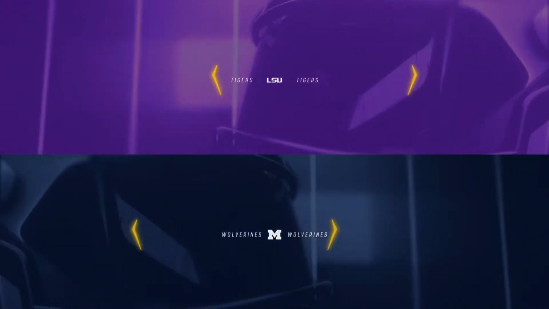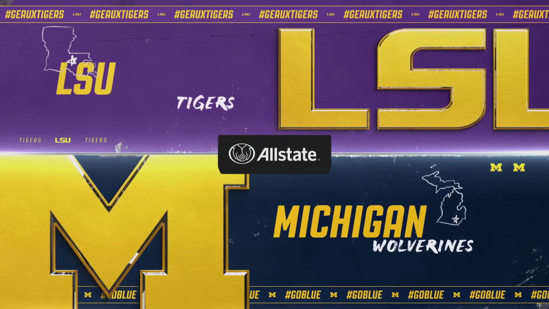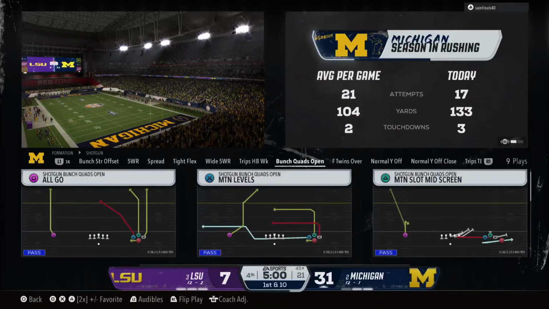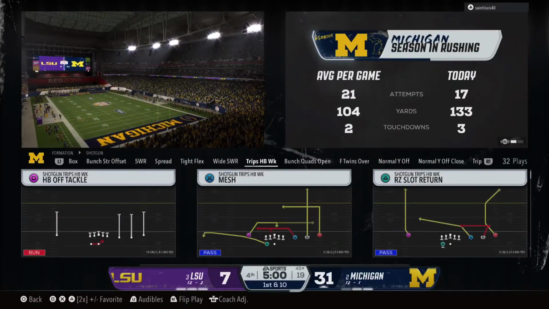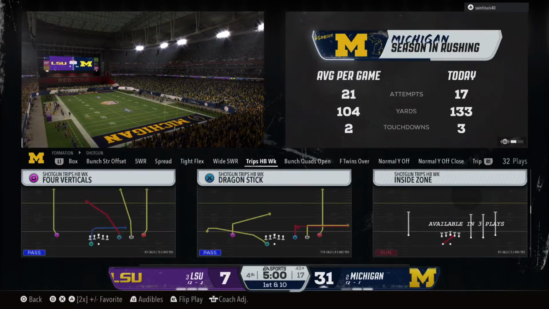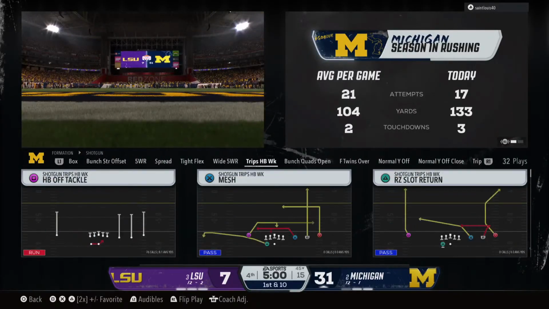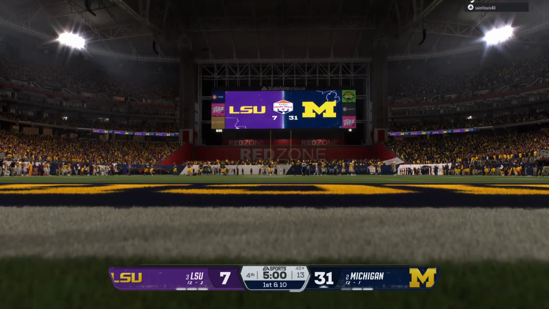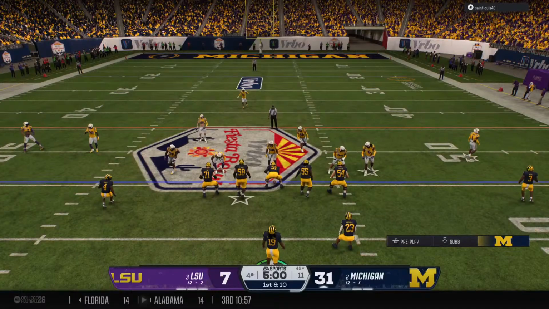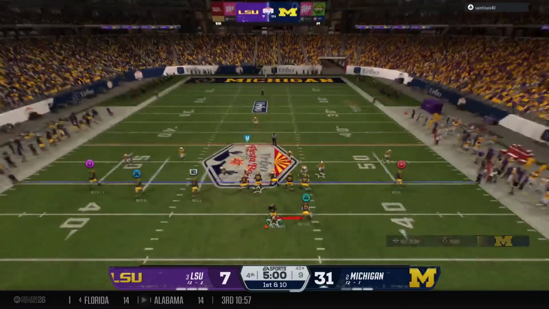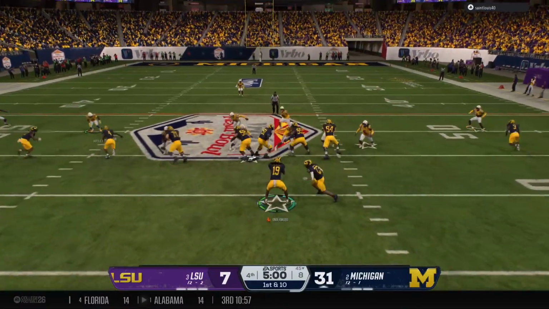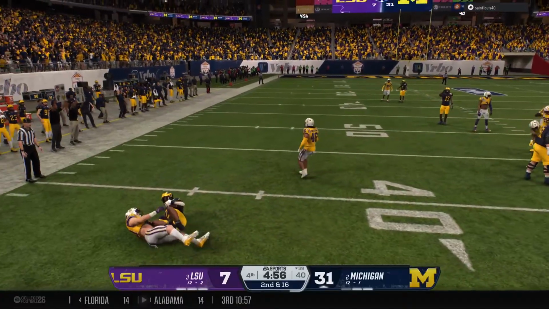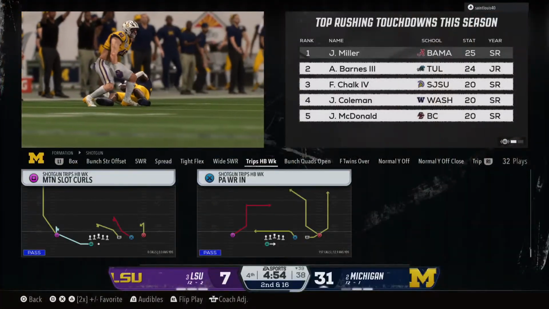Now entering the final period of play, is there an epic comeback in store? We're going to find out. Back at it to start the quarter. Offense getting set to run a first down play. They'll run it to the left. And they'll tackle him for a loss of 5 yards.